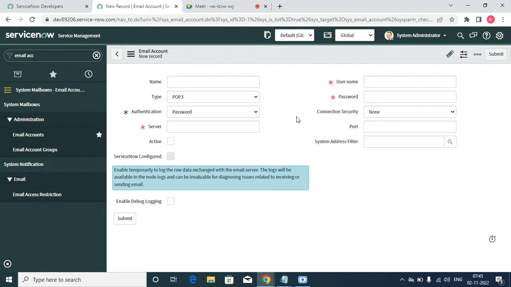But unfortunately, ServiceNow didn't give the inbound email actions for this one email account. So we cannot add any email account since this is a practice. We don't have email accounts for the trusted email accounts. So here we can configure it, and